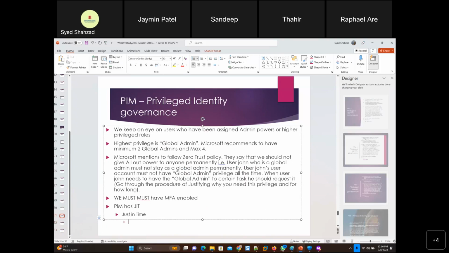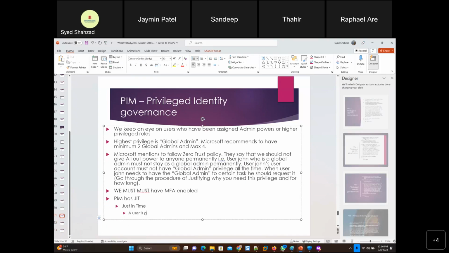Just in time access is obviously where a user is given a privilege for a specific time, and then this privilege expires.